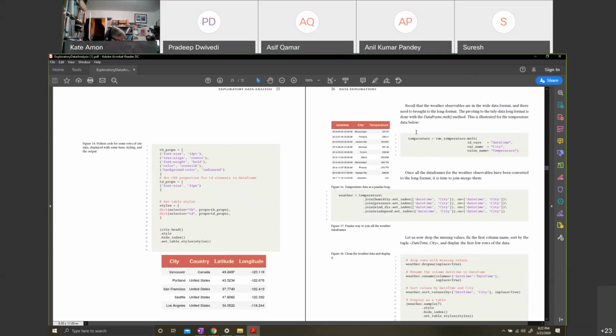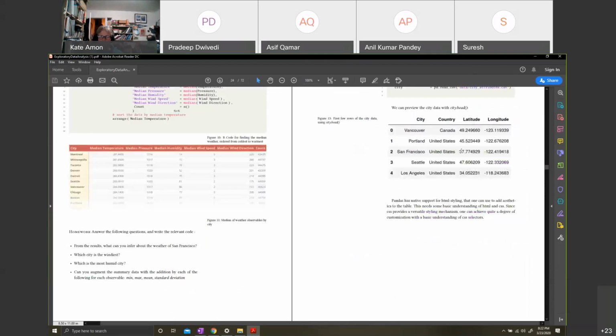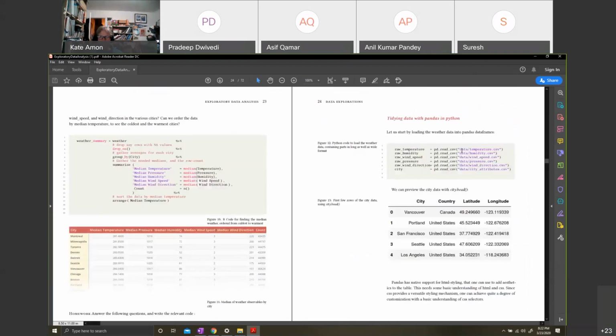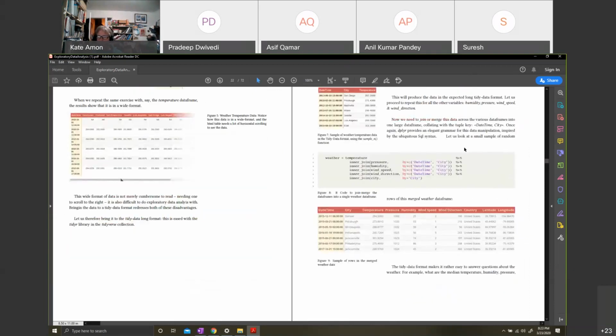Now, how do you convert the data from the wide format to the long format? Very simple. The specific pandas function is called melt. Instead of pivot, it's called melt. But do you see, guys, that it is exactly the same, city and temperature? Do you see how similar the syntax is in pandas? And let me show you the R syntax just for reference. There's the R syntax.